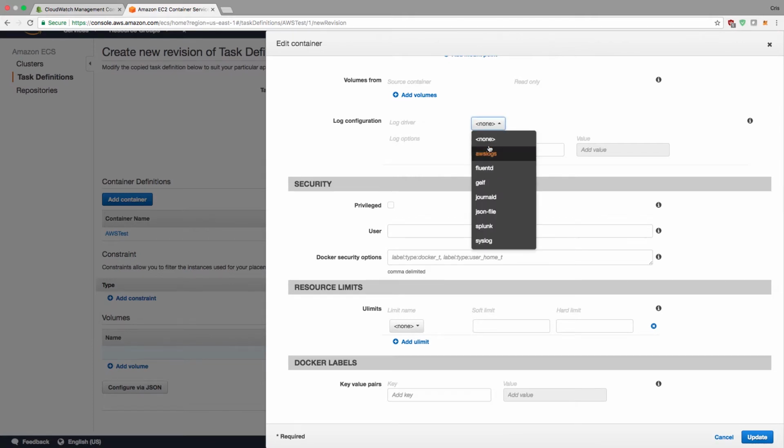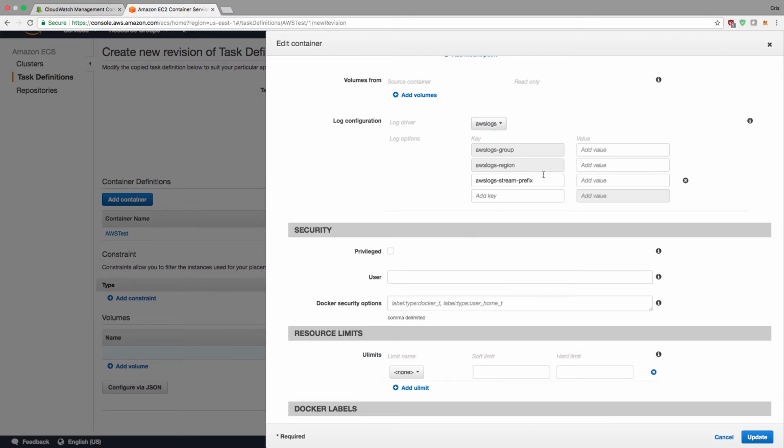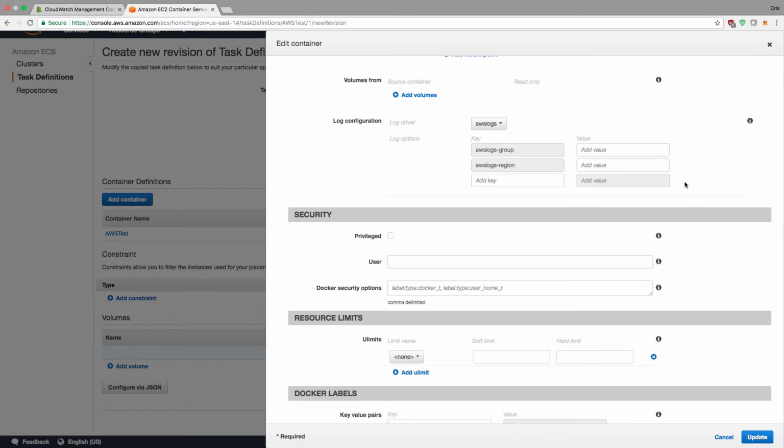You'll see, if you click on log driver, you have to select what driver you want to use. Depending on, let's say, what type of logging service you might be using, this might be different. But in this case, we're going to be using CloudWatch, so we're going to use AWS logs. And what we need to do is actually create a logging service, essentially, in CloudWatch